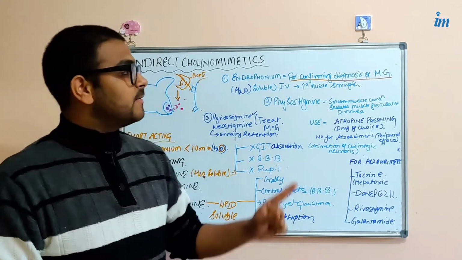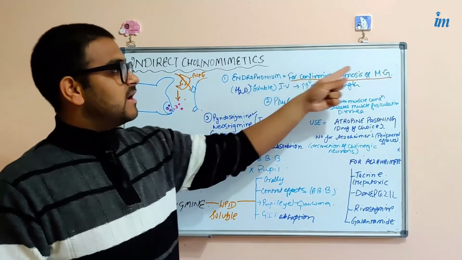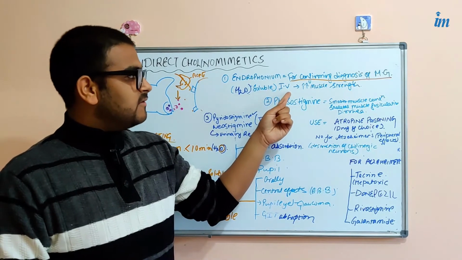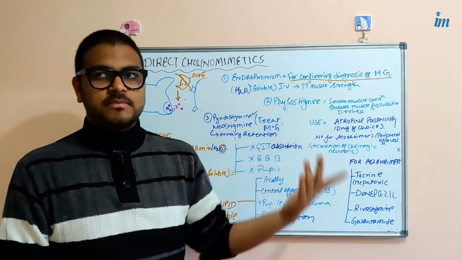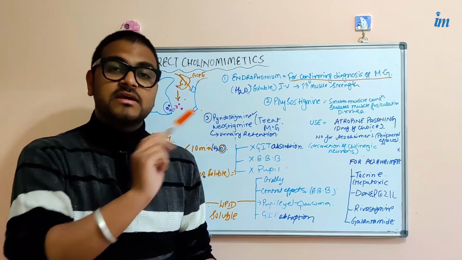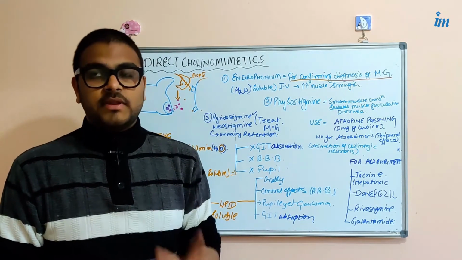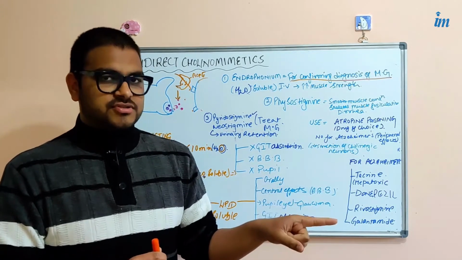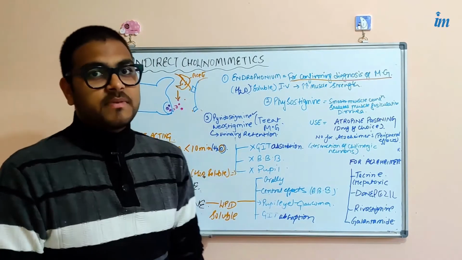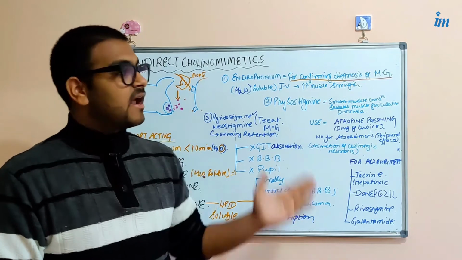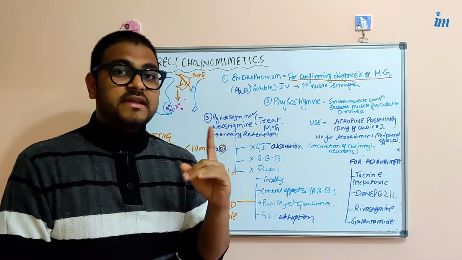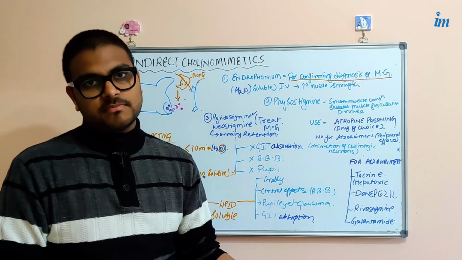So this drug can be used for confirming the diagnosis of Myasthenia Gravis, and it is water soluble, so it can be given intravenously and it will increase the muscle strength if the patient has Myasthenia Gravis. But you should be very sure about your diagnosis, because if your patient does not have Myasthenia Gravis and you give edrophonium to that patient, it can deteriorate the condition of the patient,